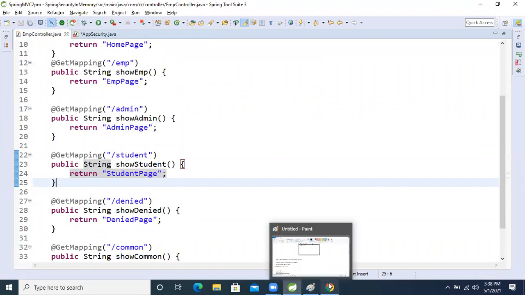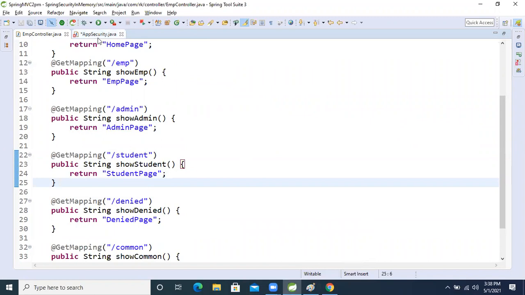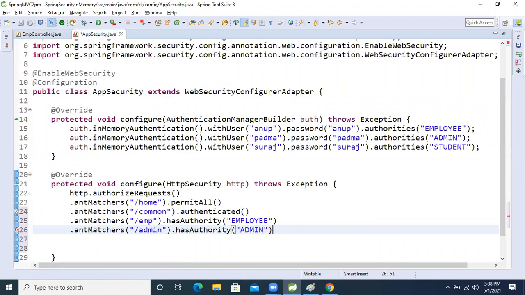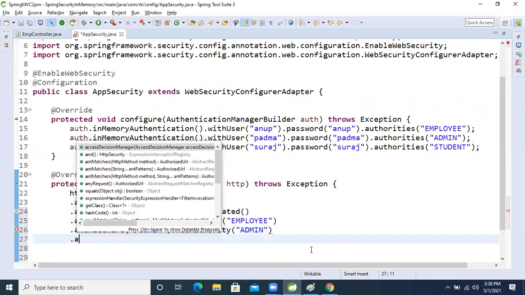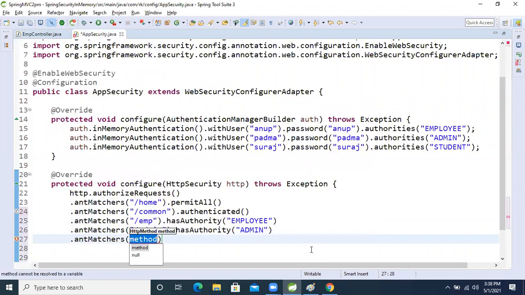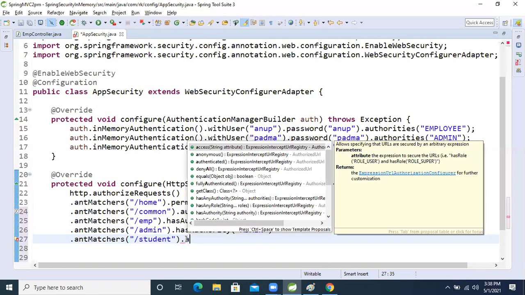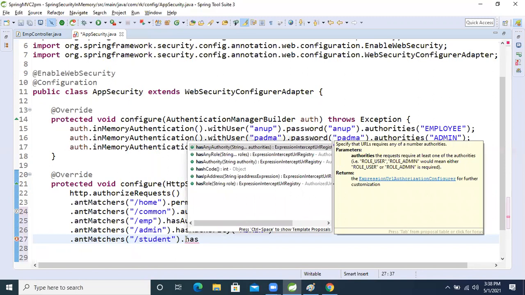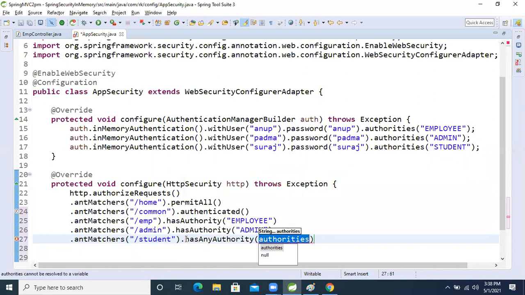So for that, what will we do now, guys? Come inside that, dot and matcher. Inside that, we will pass this student. Then, this time, has any authority.